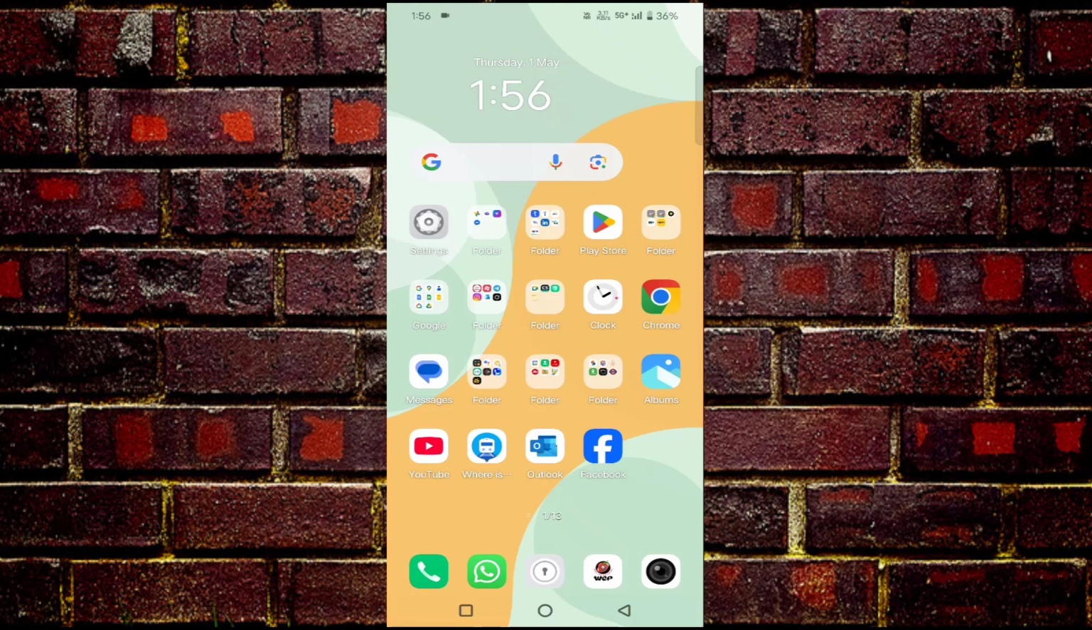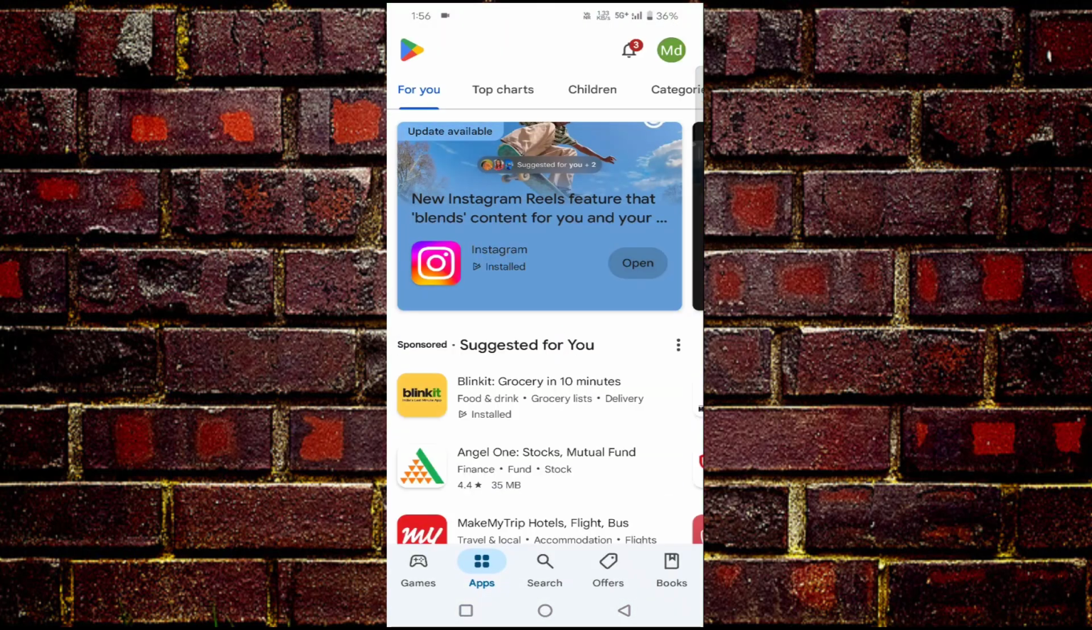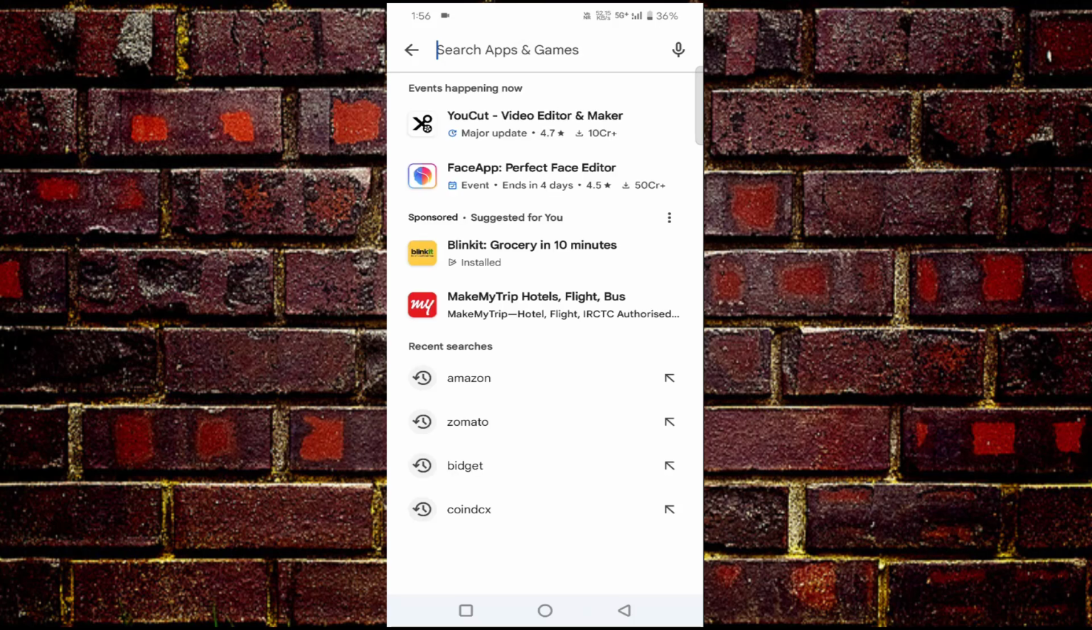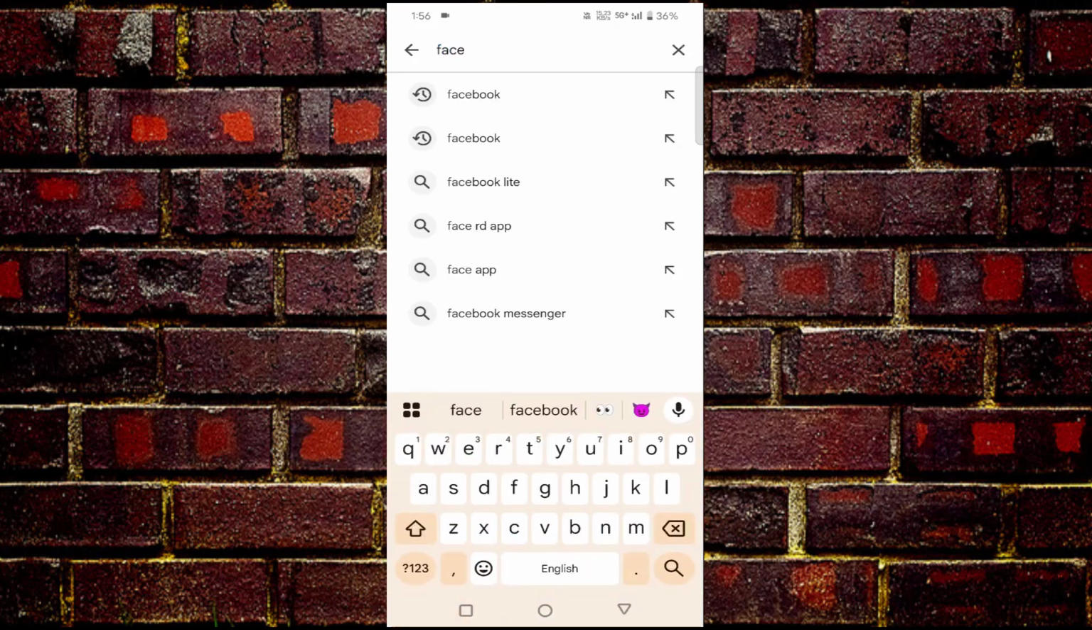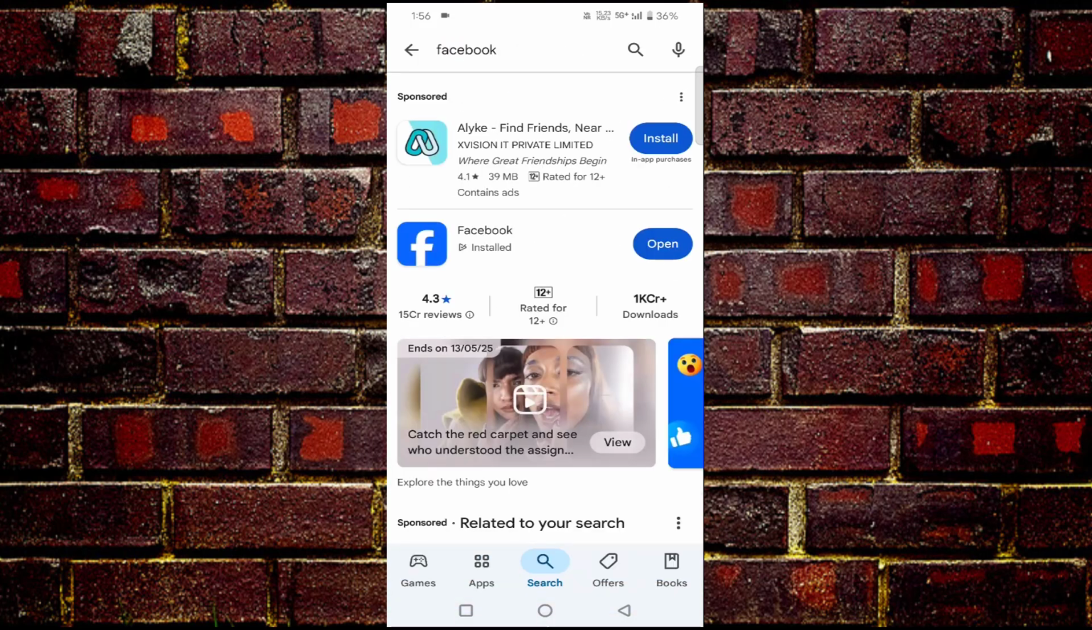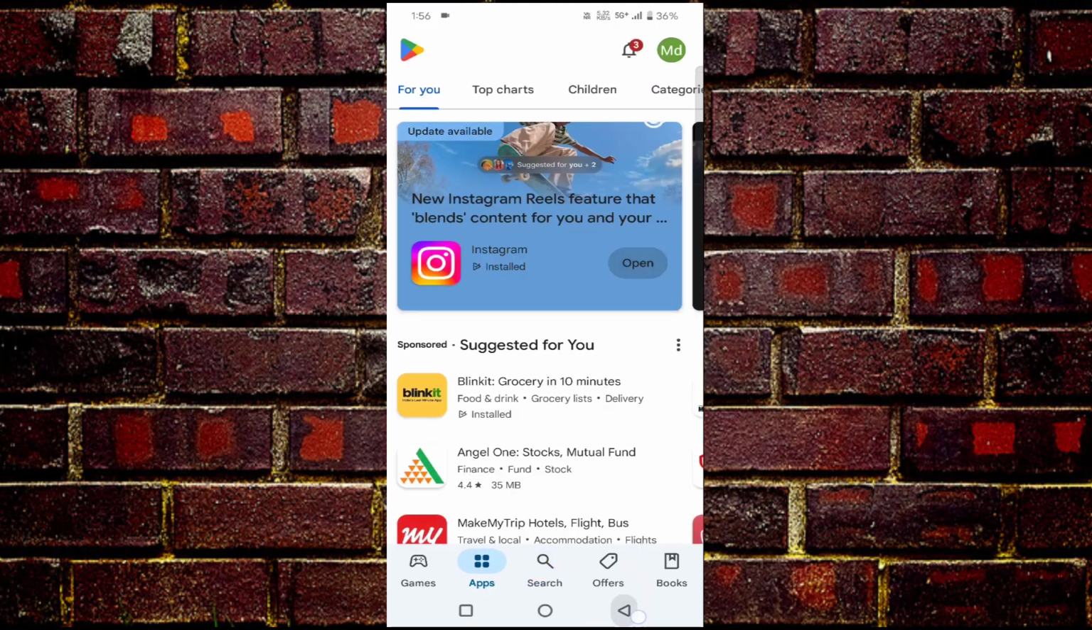Guys, if you're facing the issue on your Facebook, "Something went wrong, we are having trouble completing your request," then I will show you a couple of steps you can try to fix this issue. The first method is to just open your Play Store, then search for Facebook. If your Facebook app is not up to date, then update it from here. After updating, then go back,